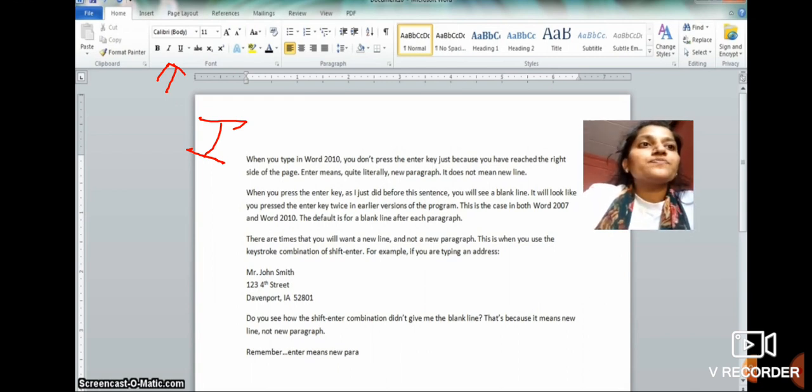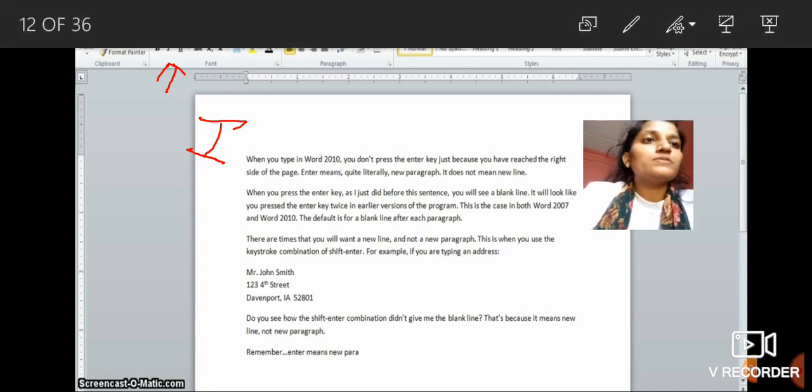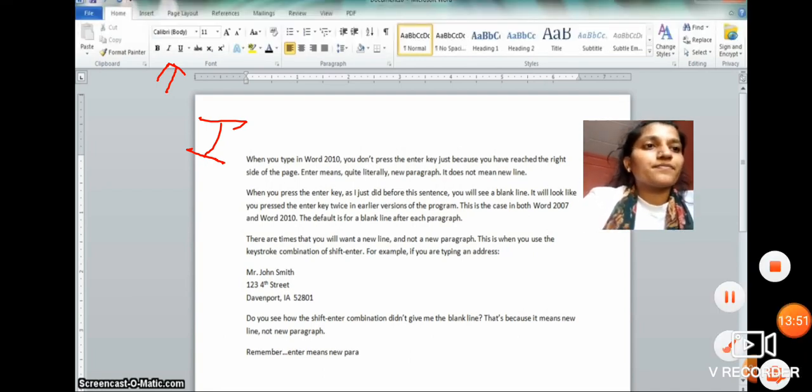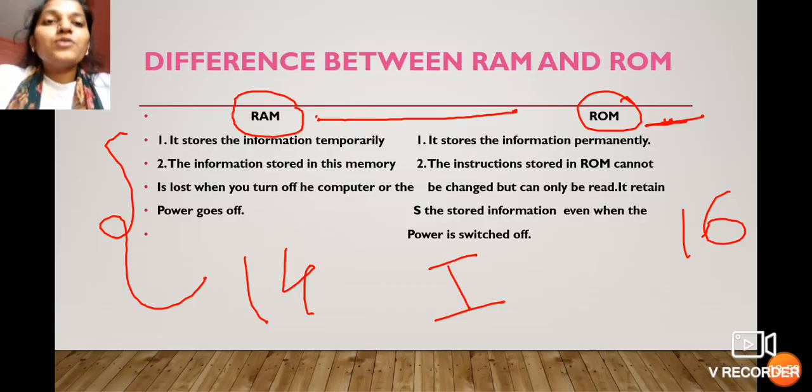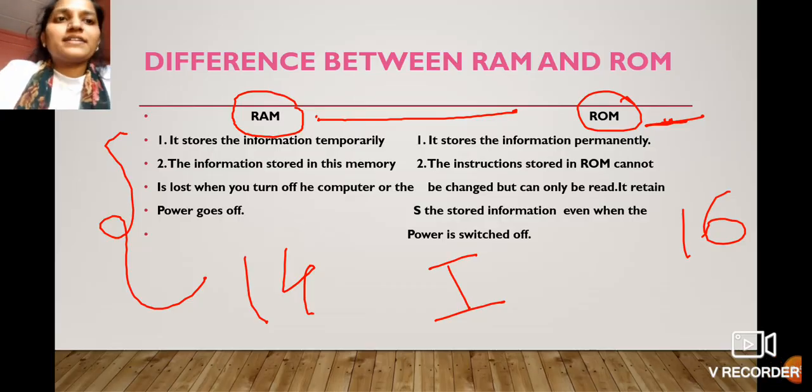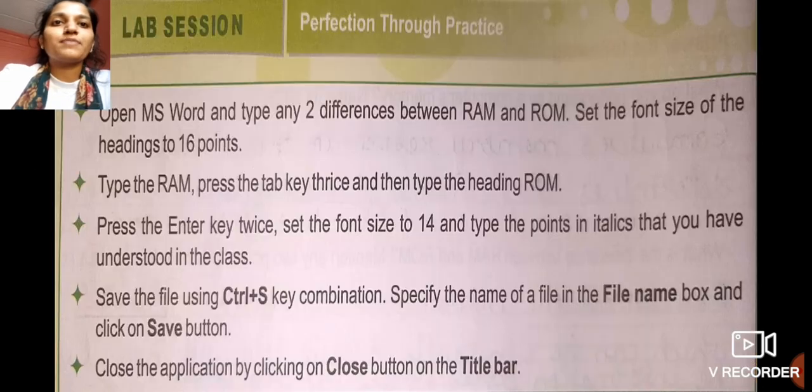And you are going to click on office button or file option, so that you can save your file, and finally on close button which is present on the title bar. So this is how you are going to complete today's practical. It is very easy. You have to type the differences in Microsoft Word. Okay, so this was all about today's practical.